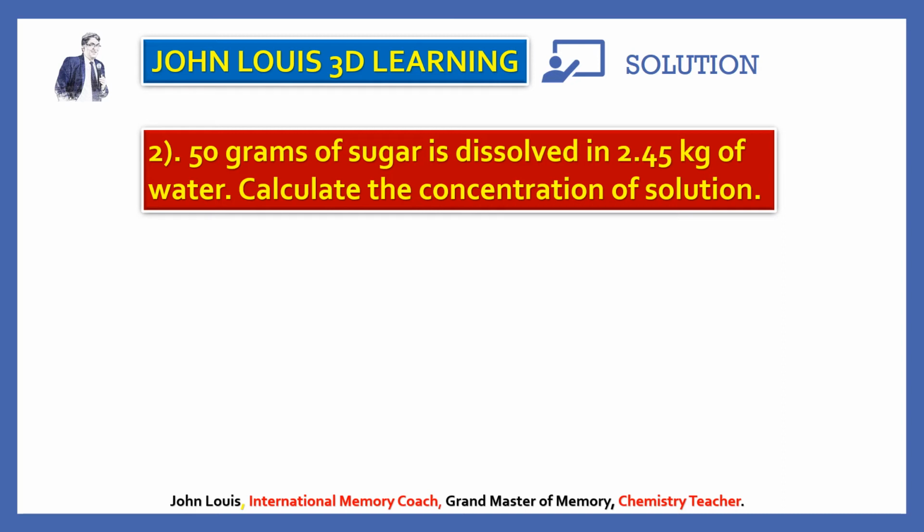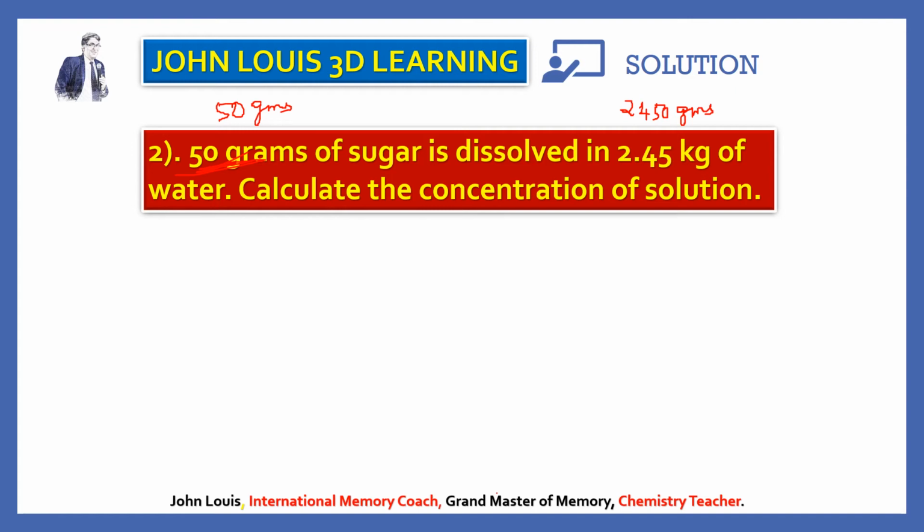Okay, therefore here first of all we need to convert both of them into the same unit. So let us take both as grams. 2.45 kilograms is equal to how much? 2450 grams. The sugar is already given in grams, 50 grams. Okay, now both the units are the same, both are in grams. That's fine. This is what we should notice first.